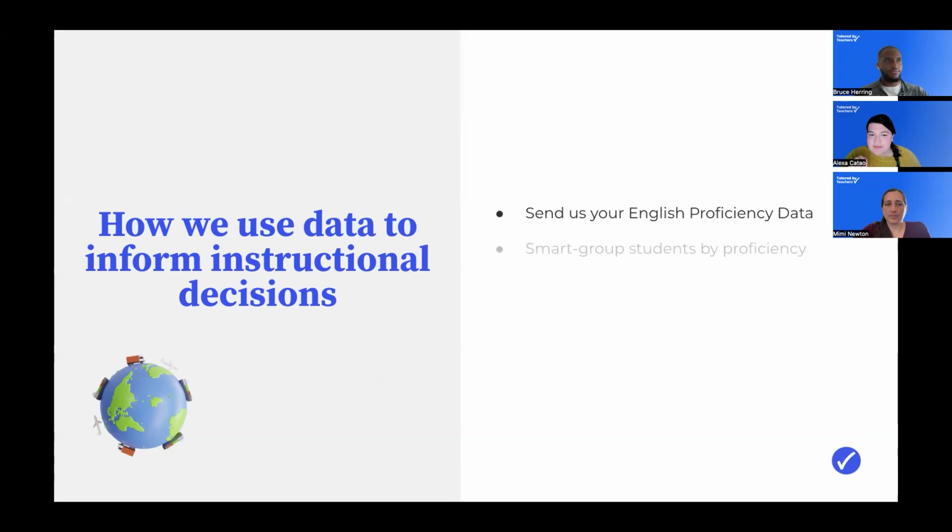And then we will Smart group. We love this term because it's so key to what we do. We have an opportunity with small groups to get them with similar students with similar needs. And so we're able to smart group by proficiency level down to, we have a 5-to-1 ratio max, but I mean, English learners, maybe it's 3-to-1, maybe it's 2-to-1. Maybe you even want to do 1-to-1 for a student with significantly interrupted formal education, or SLIFE student. So you're able to really match the cohorts that you're building based on the needs that that group has